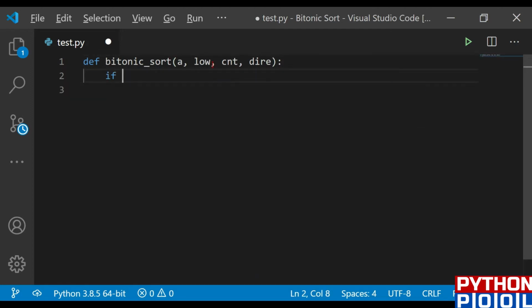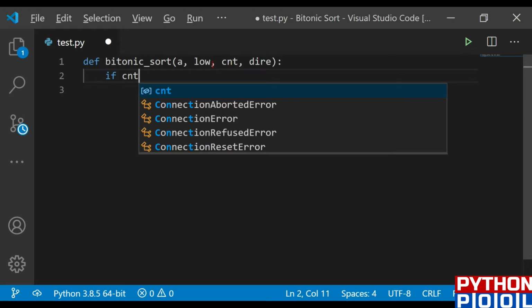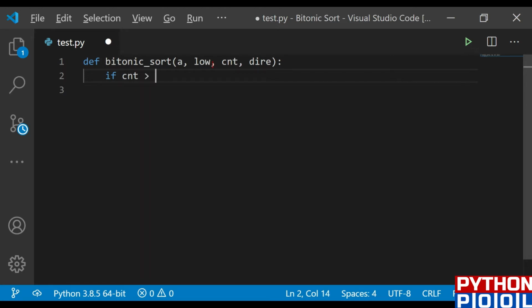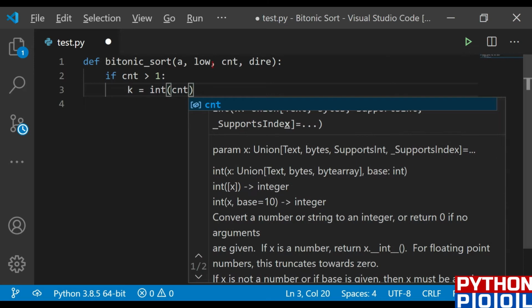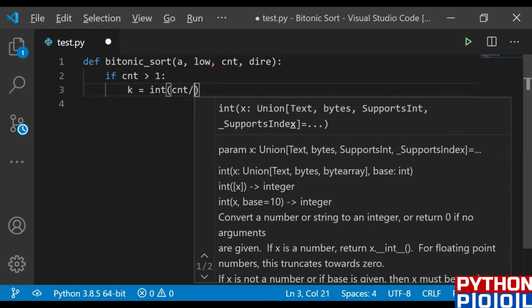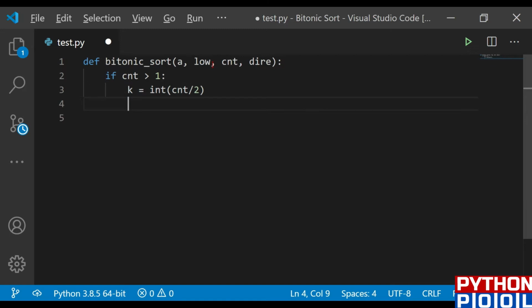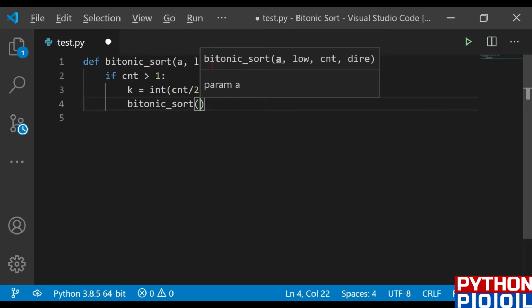If my count is greater than 1, meaning the list has more than one element, I need a variable K which stores the value of count divided by 2. Since it is an integer variable, I need to convert the result into int. Then I'll call the bitonic sort function once again, recursively, and pass the values for one half of the list and then for the other half.